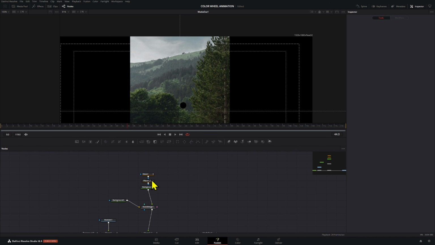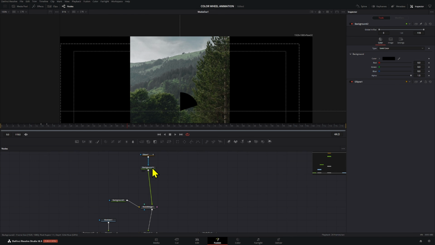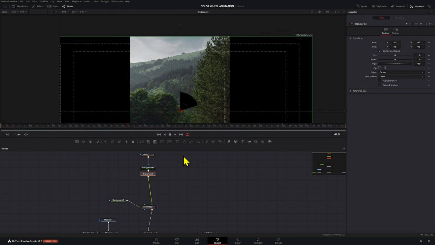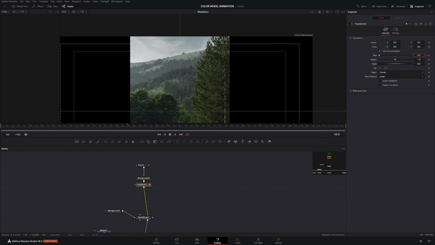If you don't want to do it this way, what you have to do is go erase that. We're gonna add a transform node to our background here, and let's say we want these to become smaller and have the bubbles show up starting at frame 44. So all we have to do is add a keyframe to the size and then make these smaller at 54, let's say. That's gonna make it disappear, right?